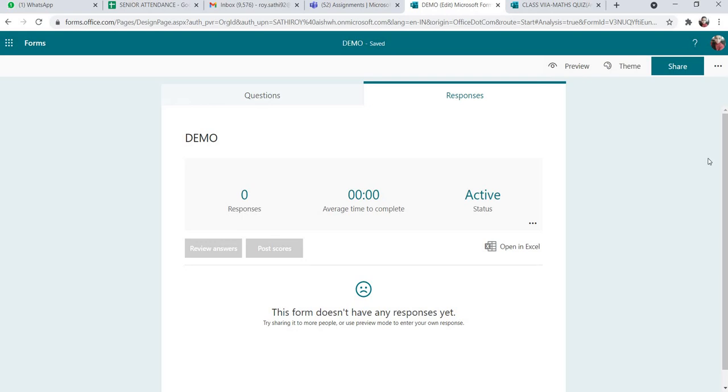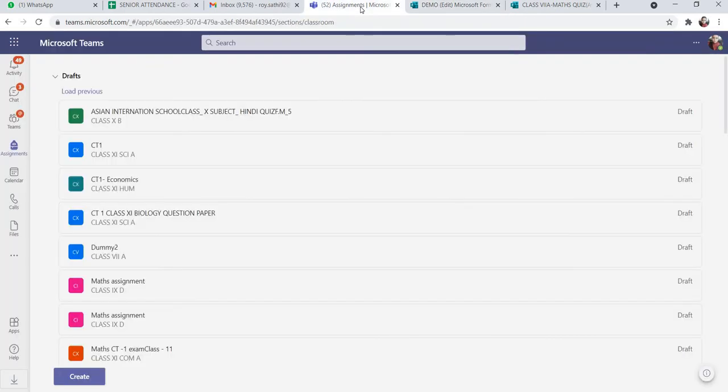This will be a little helpful for all of us, that we can share a single quiz with everybody. If we want to conduct an exam, we will be able to do it from here. From Forms we can share it with the other teachers and with the students also. We can collaborate on the paper with our co-teachers.